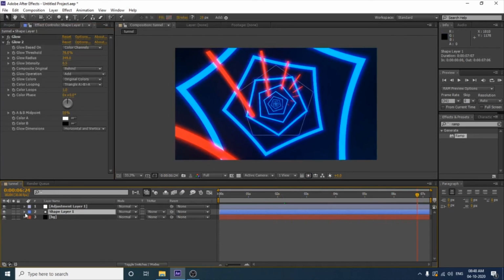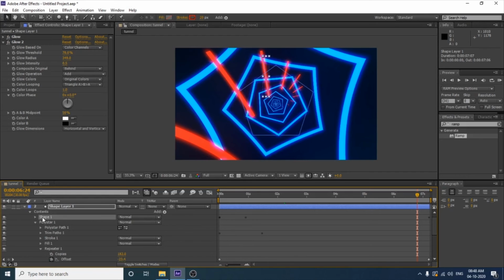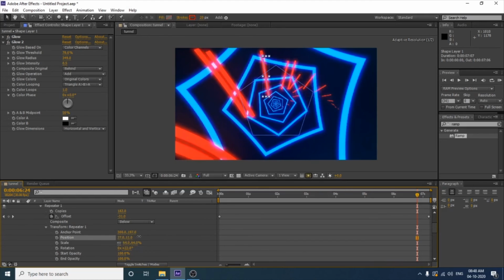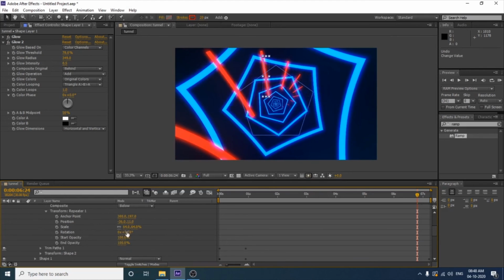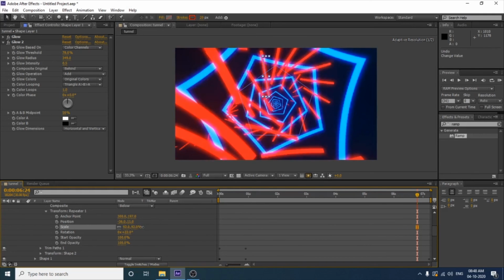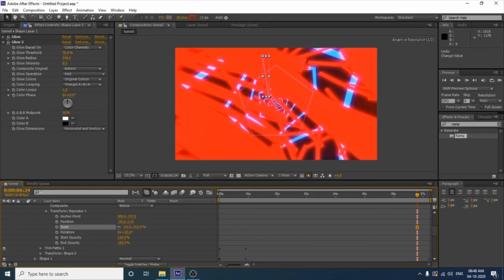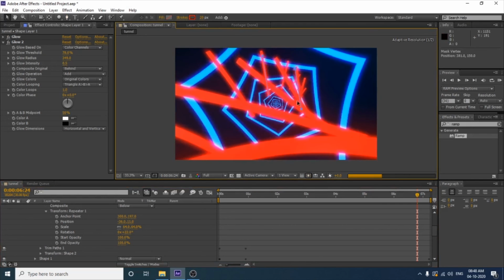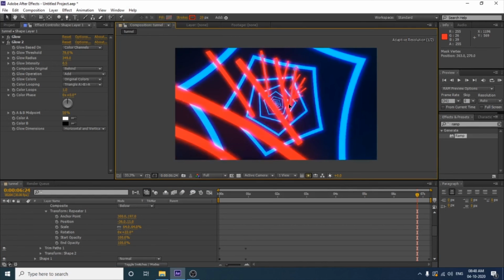You can duplicate this shape, press D. Okay, let's transform its anchor point. Go to transform properties. Okay, we need to rotate it. Or, besides rotating it, click on it and transform its path like this.